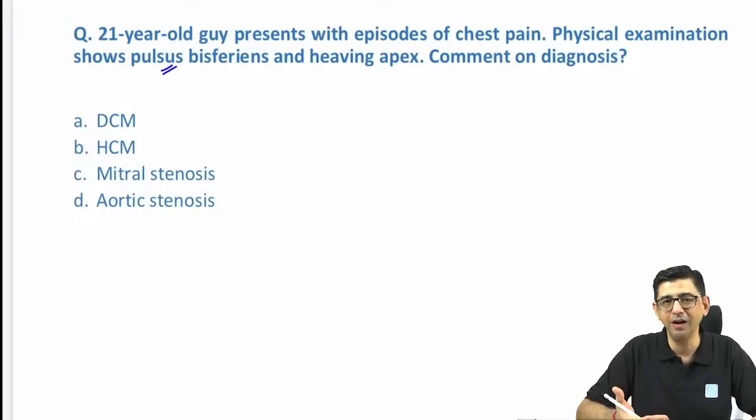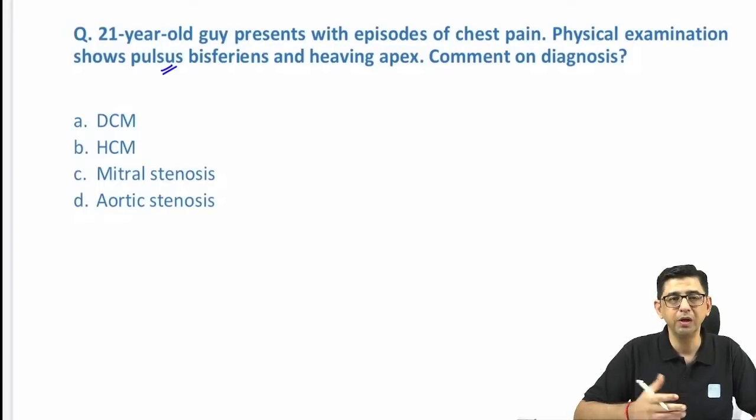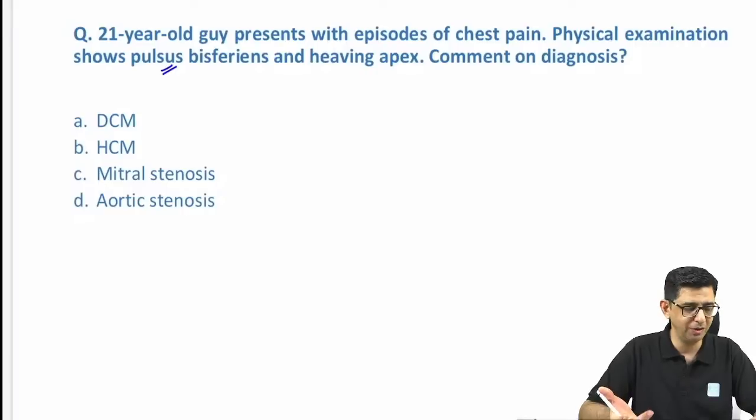Because we are having a young guy with chest pain, so obviously we'll think about structural heart disease. But as long as the pulsus bisferiens word is present, it will make it easier for us. Yeah, we are coming to that question on pericardial effusion subsequently. Okay. There was no question like this. Okay, fine. Got it. As long as the pulsus bisferiens word is not there, then there would be